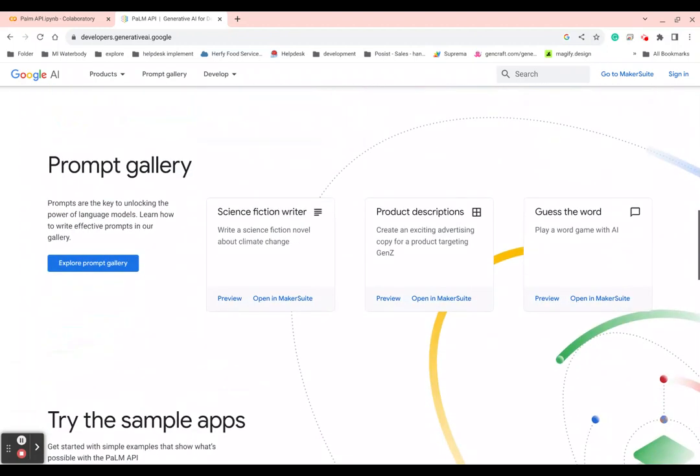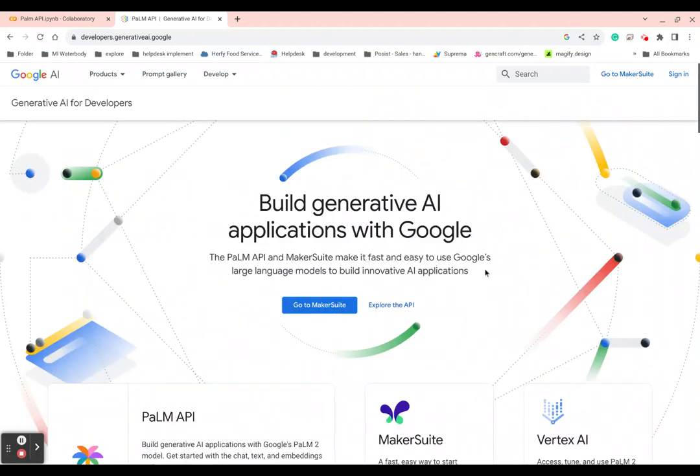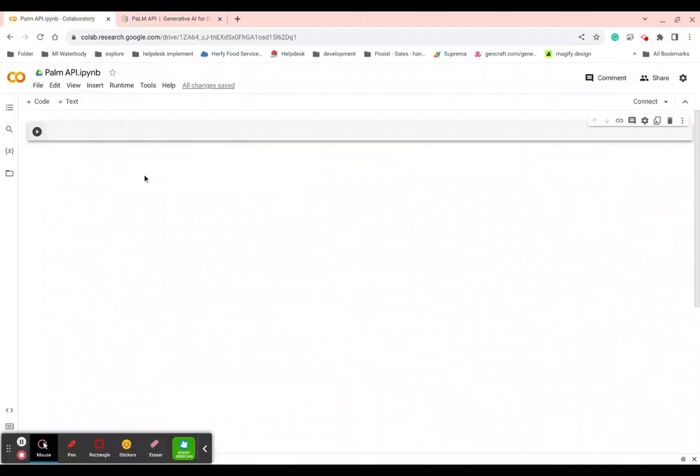Please check out this document to know more about generative AI, and how we can use it to create the best and most innovative applications for users. Now we will see something about the PaLM API in